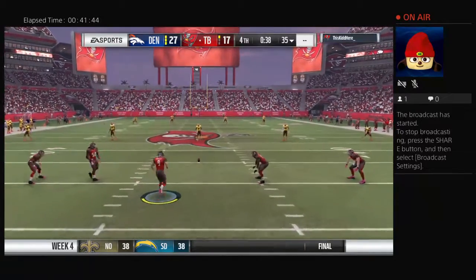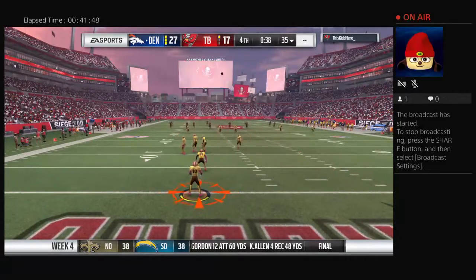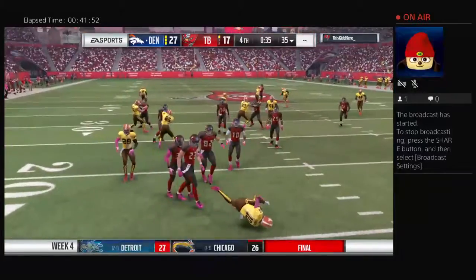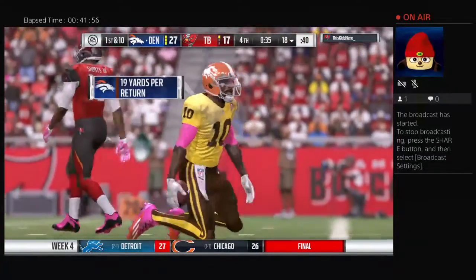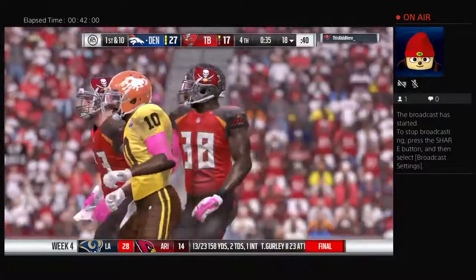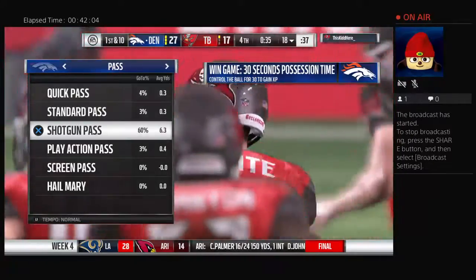So the lead is back down to 10 as things get a little more interesting, and the kick is away. This is fielded at the goal line. So the Broncos are coming out now, getting down to the end here. They have a 2-score lead. Barely, but it's a 2-score lead,